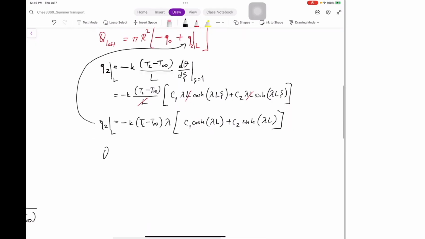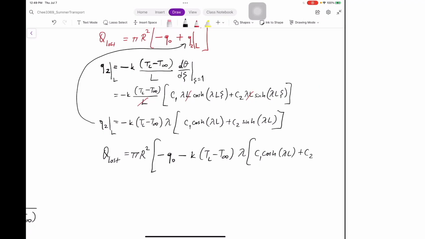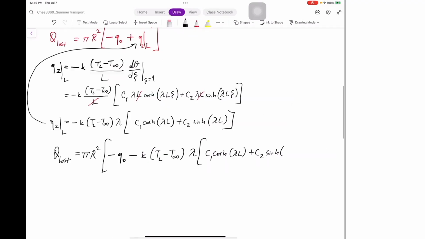Then you find that Q_lost is equal to πr² times [Q0 − kλ(T_L − T∞)(C1 cosh(λL) + C2 sinh(λL))],